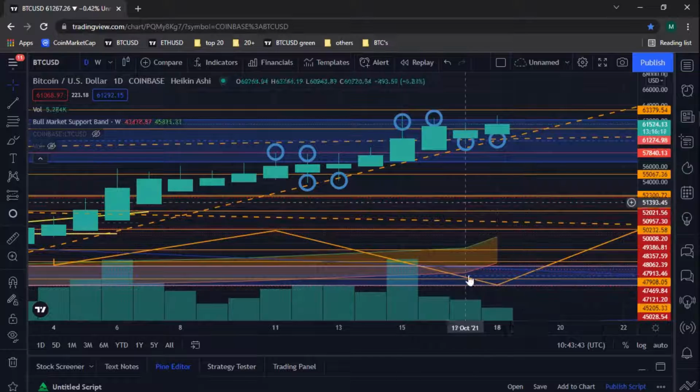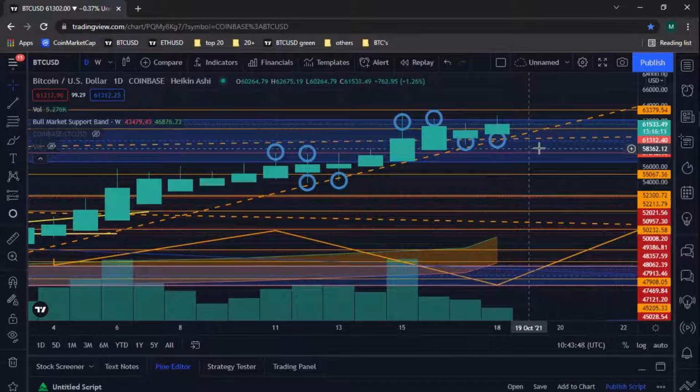So I certainly think we're going to come down somewhere along here, but we can bounce higher up and we can just go sideways. All the options still exist. I'm just going to watch and buy in when the graph tells me to. And I'll try and tell everybody else when I'm buying back in too. So that's the bull market support band. And we're going to do the whole moving average now in a second.